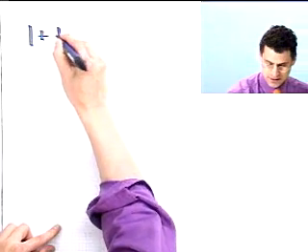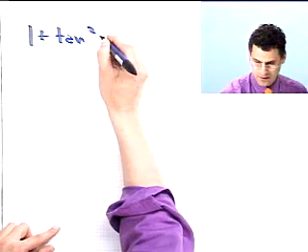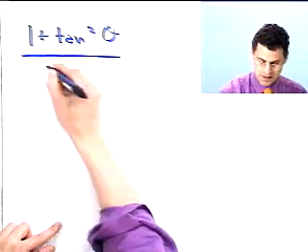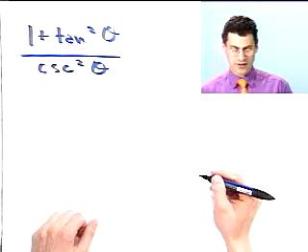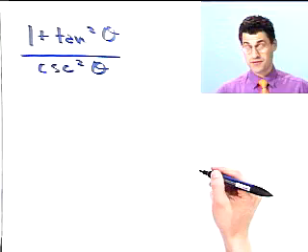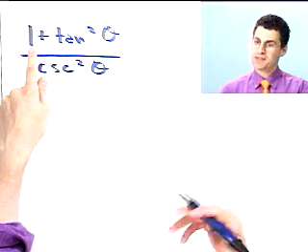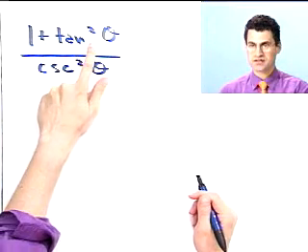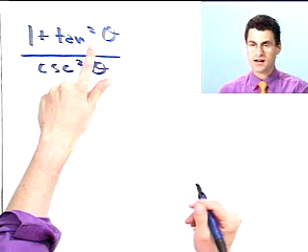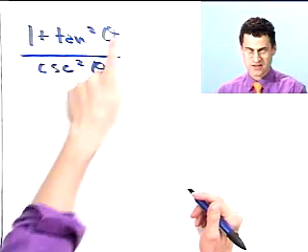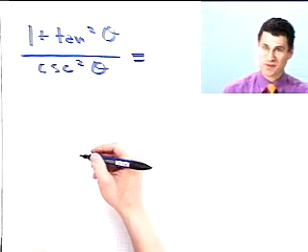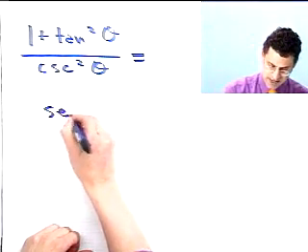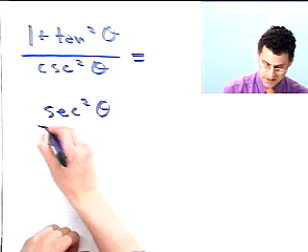1 plus tangent squared theta divided by cosecant squared theta. Okay, what can you do here? Well, there's two ways to proceed here. If you're really, really sharp and clever, which, by the way, I am not, you could use the Pythagorean identity, which says 1 plus tangent squared theta equals secant squared theta. So you could just replace this whole thing by secant squared theta and start simplifying. I'll do that this one time. So the top, using one of those Pythagorean identities we talked about, is just secant squared theta. And then I divide that by